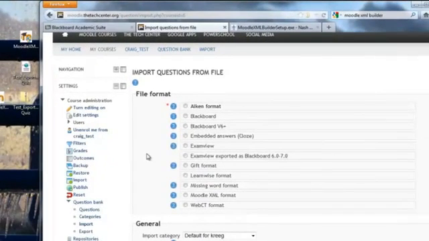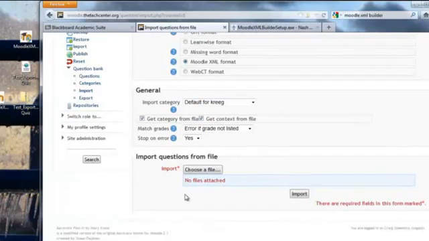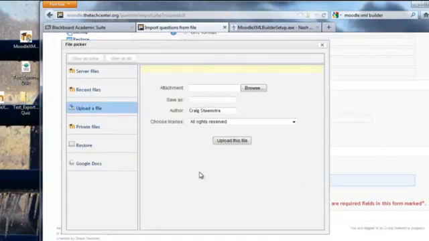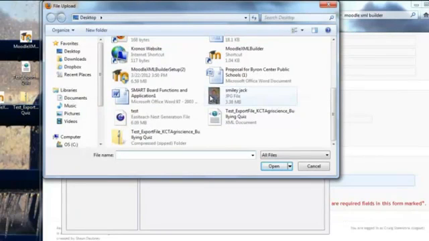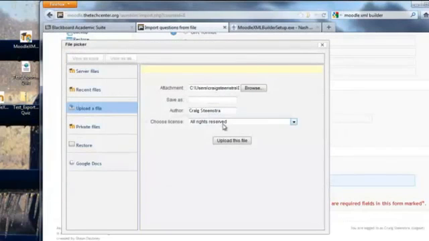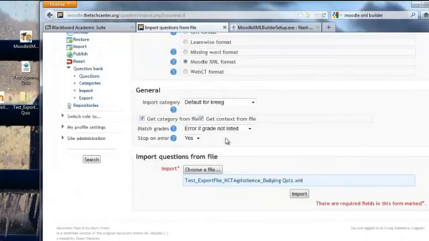So now I'm back in my Moodle course, and I can choose Moodle XML format, scroll down and choose a file, and browse for the one that I want. And I don't want to choose the zip file. I want to choose the XML one. So I click on that, upload this file, click Import,